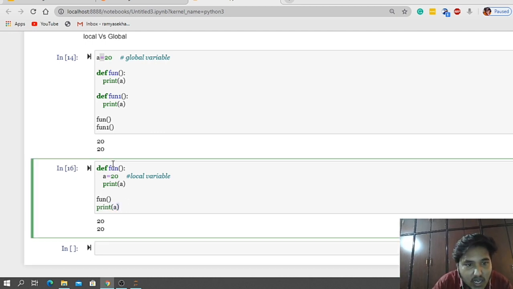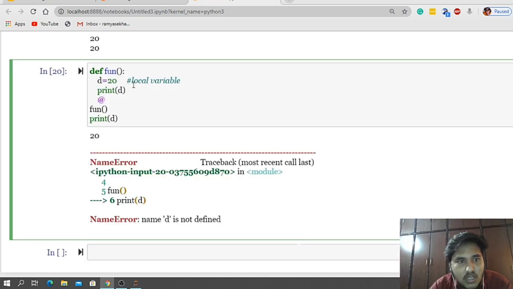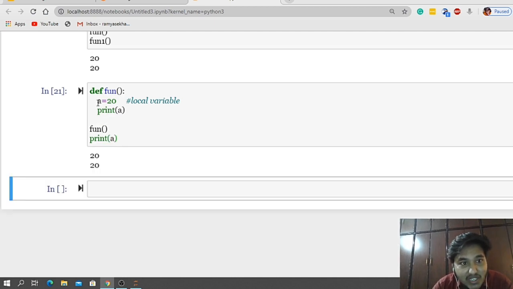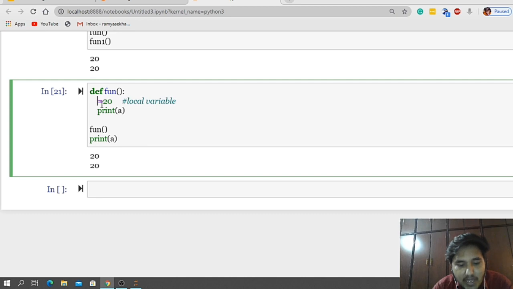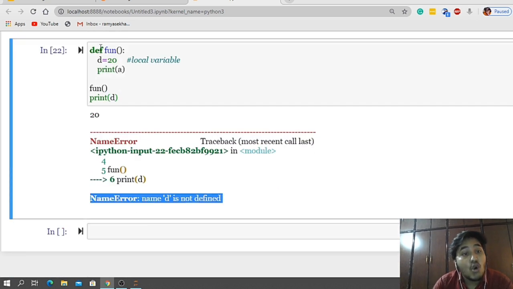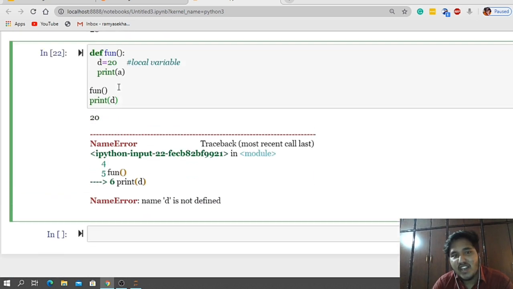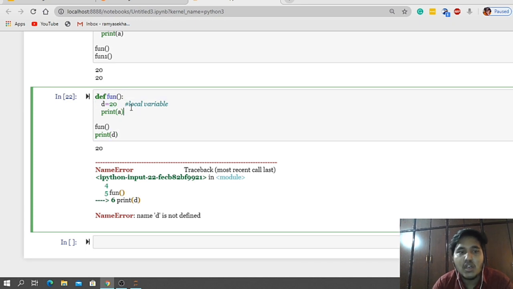See here, let me change this variable to B, and let us check by printing the B value. Yeah, guys, we are printing A value, B value, C value. See here, I am taking A value as 20 and printing the A value outside, and it is getting the value. Even though it is local scope, we get 20 because we have used the A value from the beginning, right? That is the reason. So let me change the variable name to D, because we don't use D, right? Let me print the value of D here. Then we will get an error, because the scope is within this function, not outside the function. Local variables can be used within the function, not outside of the function.